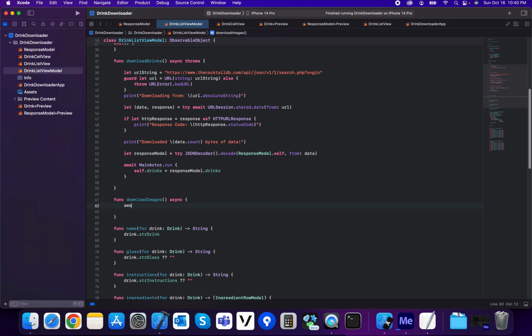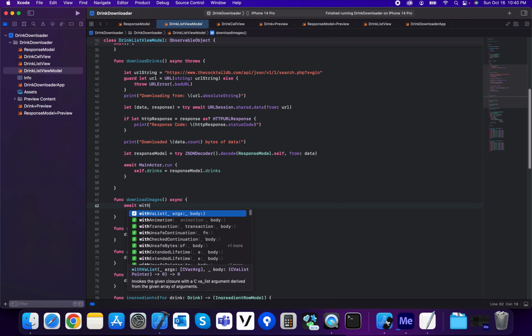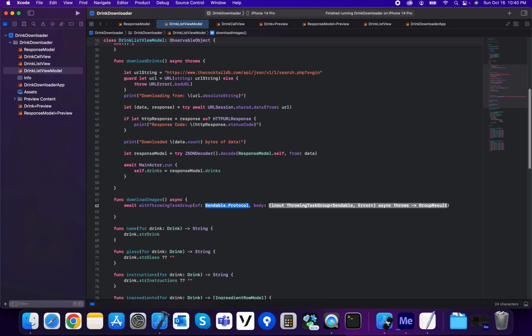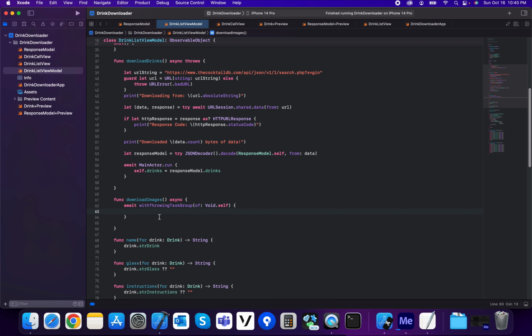And I'm going to await with throwing task group of, and these are going to be voids. So I'm going to do void.self, and for the body, I'm going to use trailing closure syntax. This is going to be group returning void in,